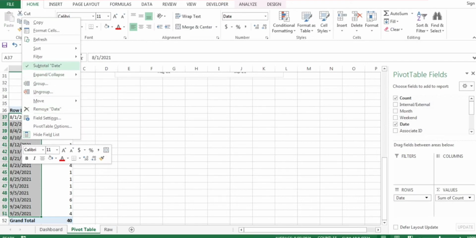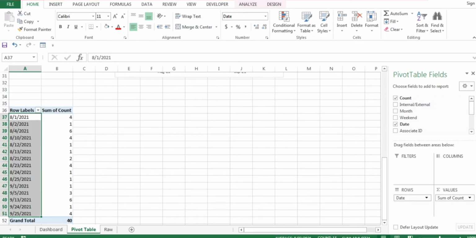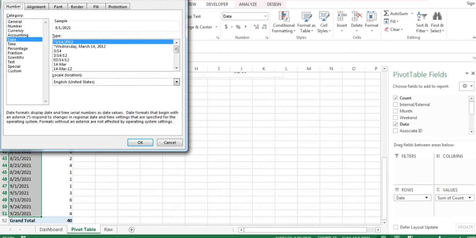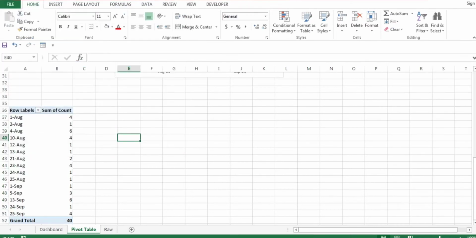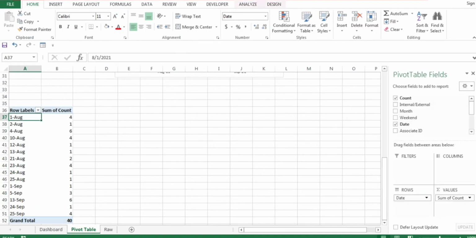and do we have any option? Yes, format cell. Click on format cell, date, and change it to this format. Okay, now this format is looking very good. Now just check out, guys, if the dates are not coming in order. For example, sometimes this date will come like 1st of August, then 7th of August. So you just need to rearrange it. To rearrange it, just press it here and you can move it from one place to another. Okay, so this is very easy. But now the dates are very much sorted.